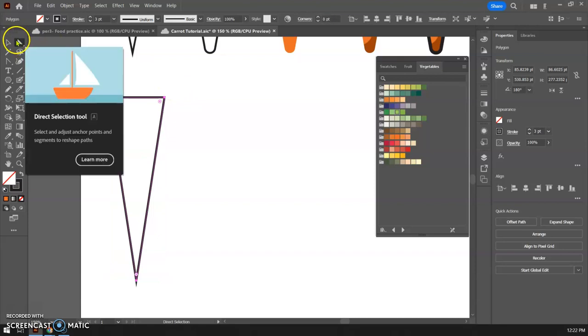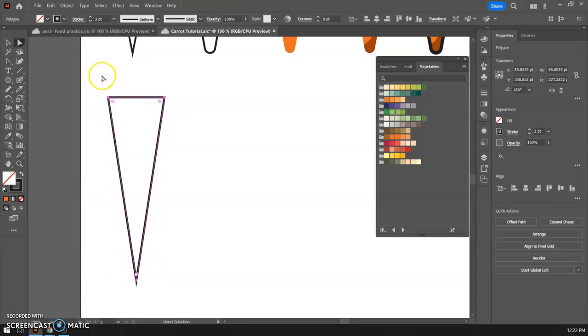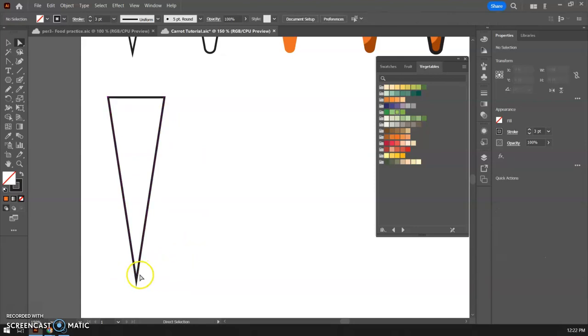So I'm going to click on my direct selection tool here. The direct selection tool allows us, of course, to select individual anchor points. Now, if I go right in here and click on these little circles and start rounding this out, it's going to round all of them out together, and I'm going to get a shape that maybe works, but I want to control these a little bit more independently. So I'm going to click on this one, or if you deselect, I can go down here,